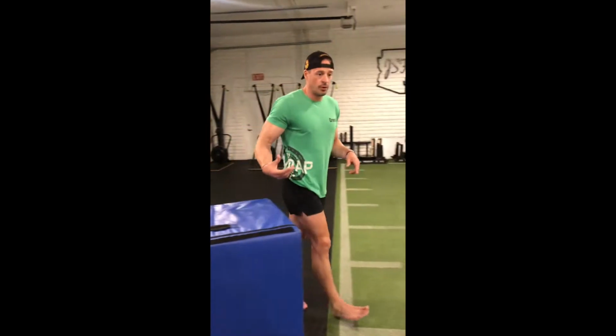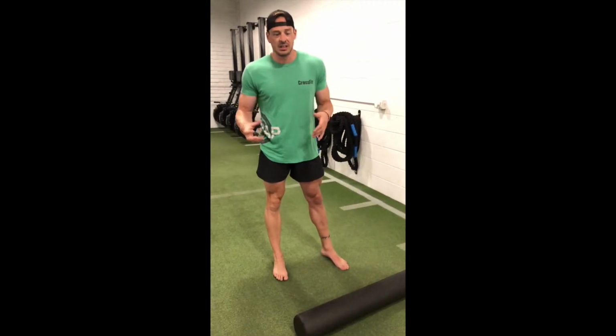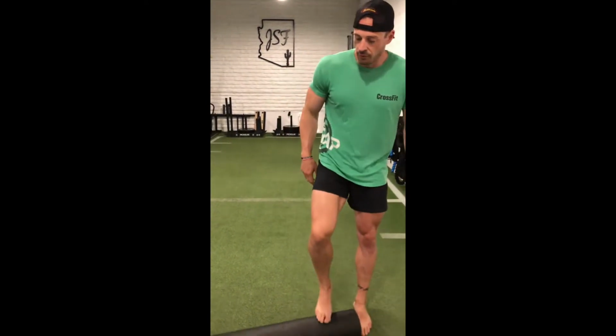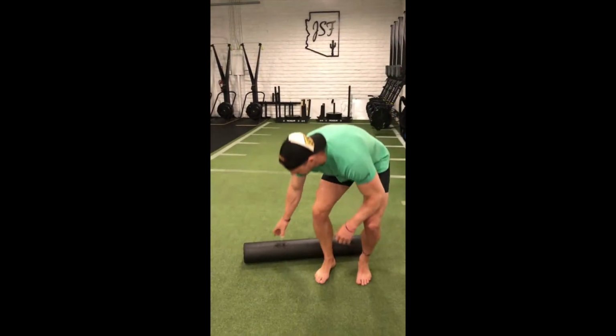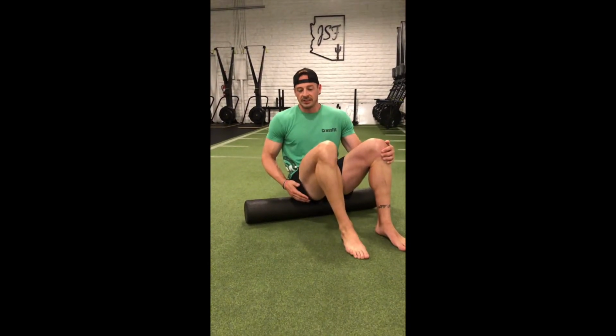Next one, foam rolling the glutes. Again, you guys can do this, if you're seasoned, PVC pipe with strong balls work. For most of you, just a normal foam roller, PB, or even on Amazon, you guys can find these, are gonna be just fine. Now, to roll the glutes, the way that we like to teach is